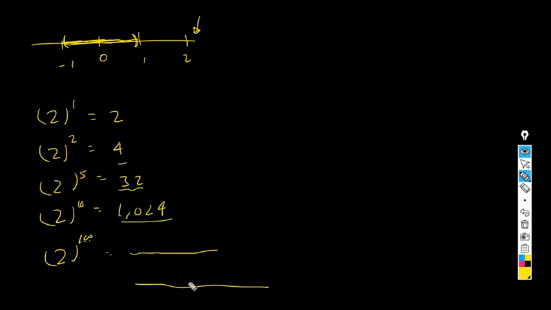It doesn't get close to anything, just like the case before, in which these numbers were getting closer and closer to 0. Okay, so I'm gonna write a more precise statement about what we found. What we found is this: if a, which is a number, is between minus 1 and 1,